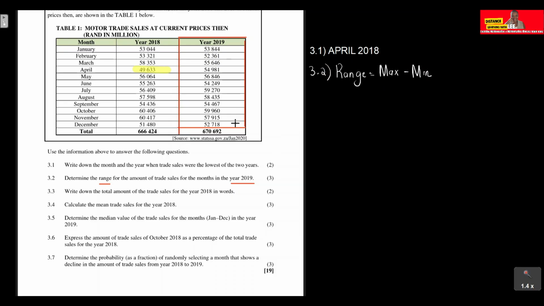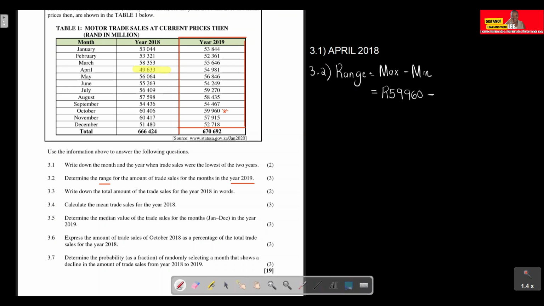So when you skim through all these months, what is our maximum amount? We can see that it looks like 59,000 is the maximum value here. So 5927, is there another 59? That's another one. We can see that's 59960. So that is our maximum. So we're going to take that amount of 59960, and you're going to minus it with